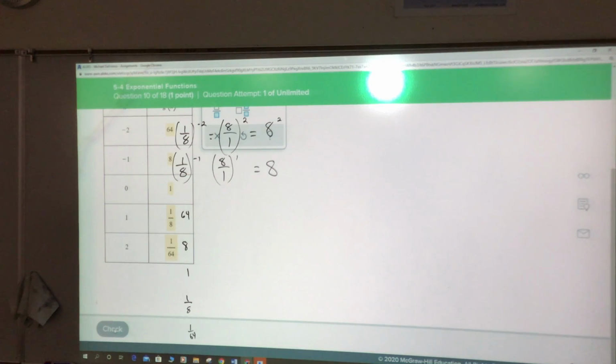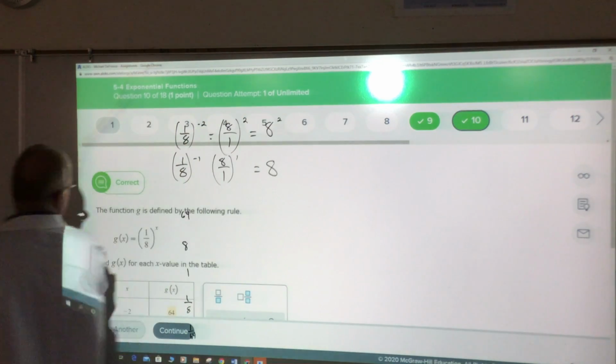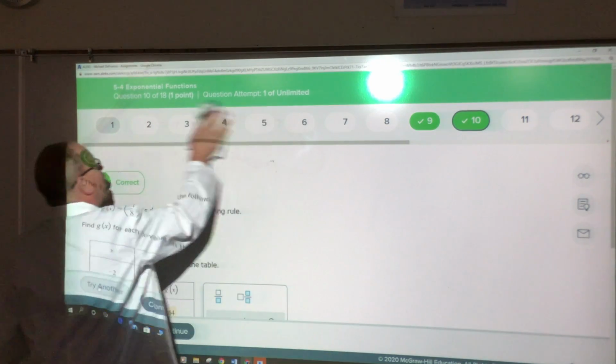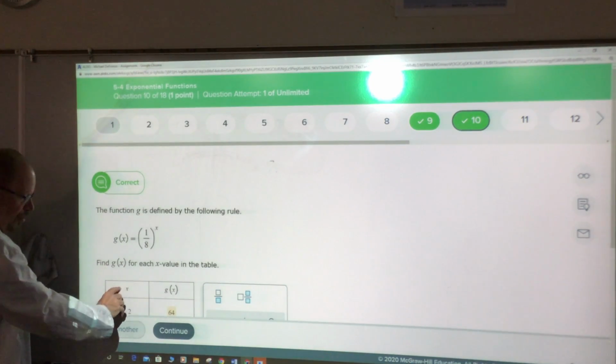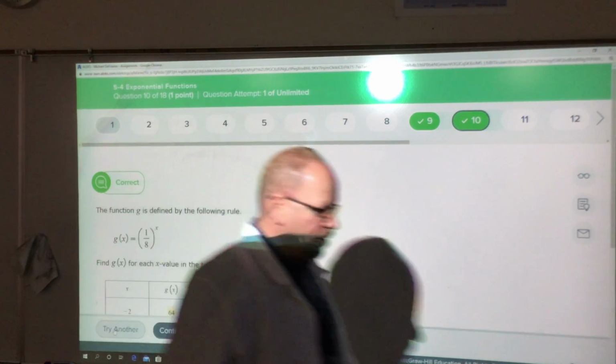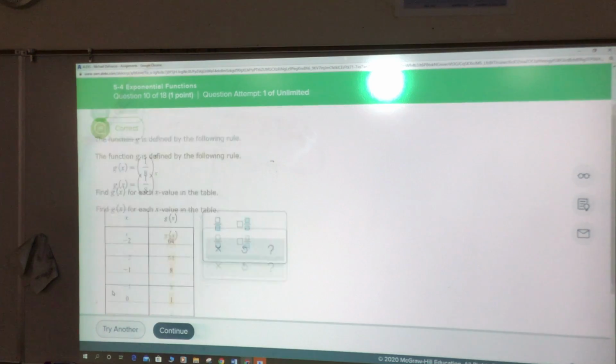So what you're doing here is you're just checking your skills with the numbers and your understanding of this is no longer linear. This table is exponential now. And if you look down the side of it,